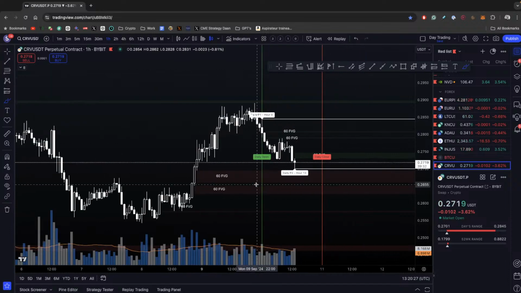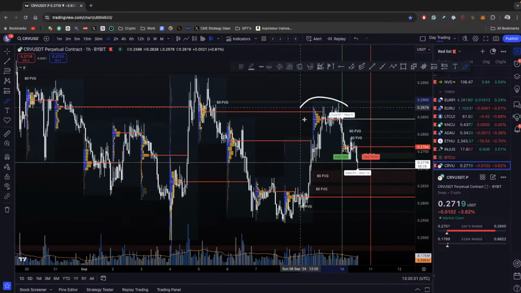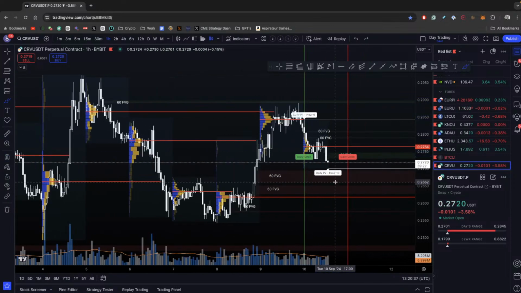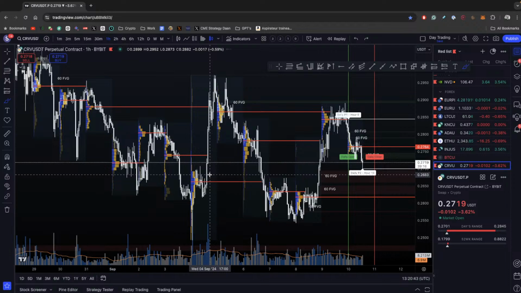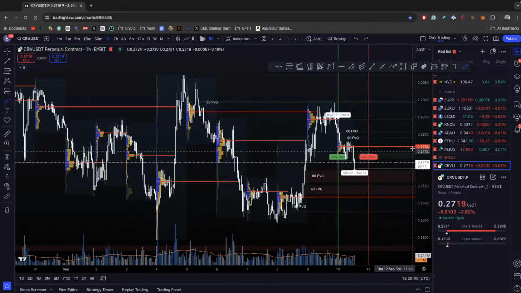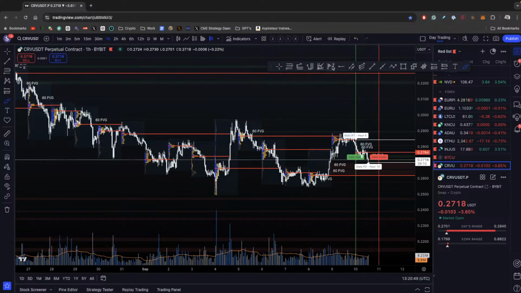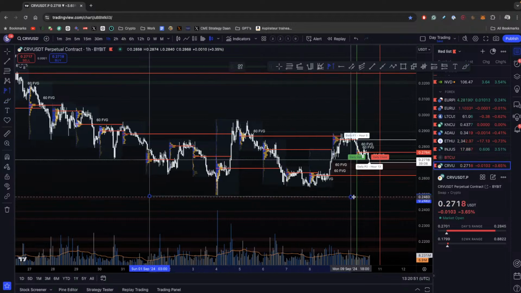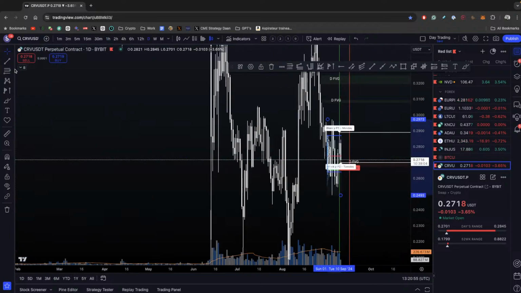Not something I would discard. I obviously want to see naked daily points of control. Didn't see any. This is something I would like to see. We hit a naked daily point of control here, which means we had a liquidity grab here, rejected, and now price is moving towards this fair value gap right here, which is obviously a draw on liquidity too. So this is definitely from a PA perspective the thing you want to see. The only, yeah, why not? I was checking this maybe a bit tight of a range as well.